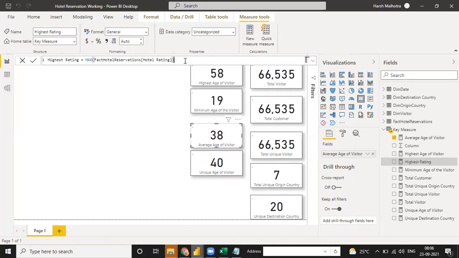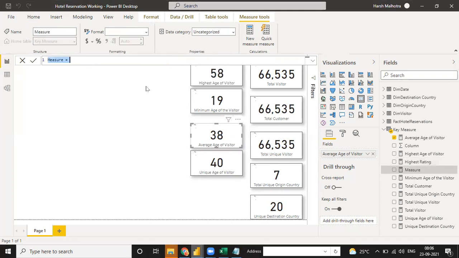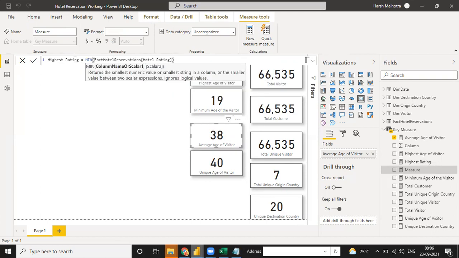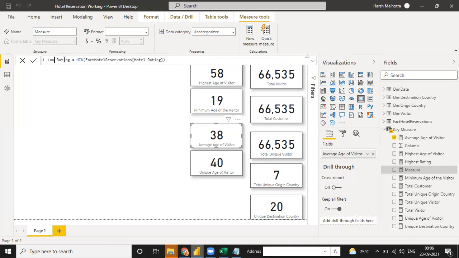Same way, with the same function, new measure. Just copy, and for this you have to write minimum, and instead of highest you can put minimum rating, or lowest rating.